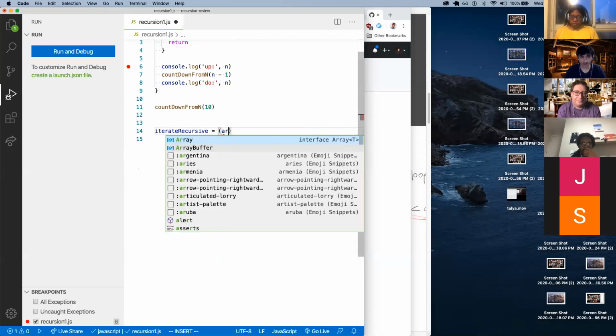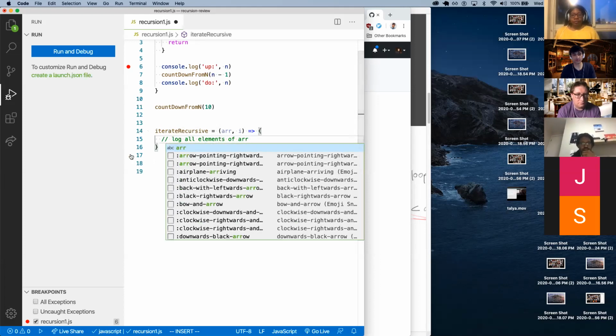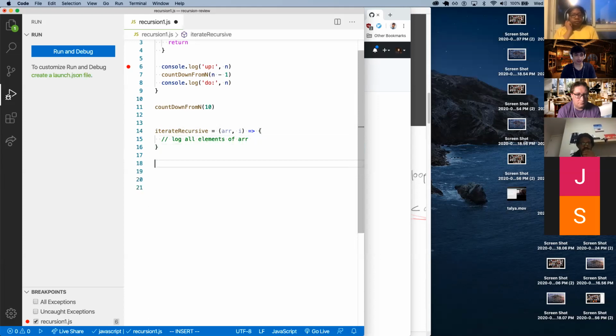an array and an index. What this function should do is console log all elements of the array. Log all the elements of the array. And then the way that I will call this function is something like iterate recursive, and I'm gonna pass in